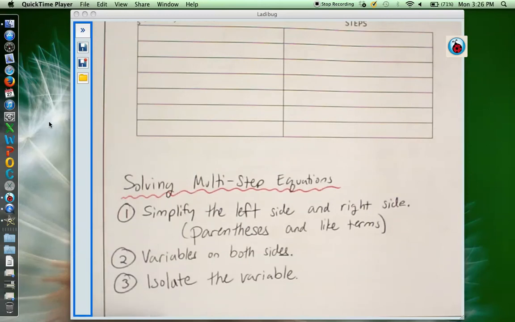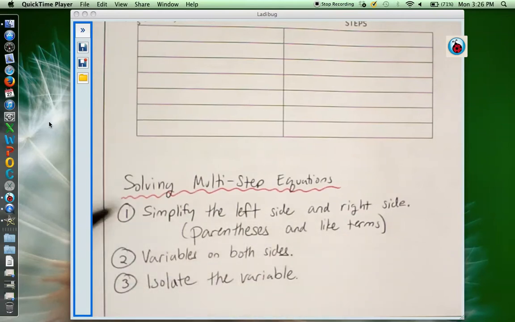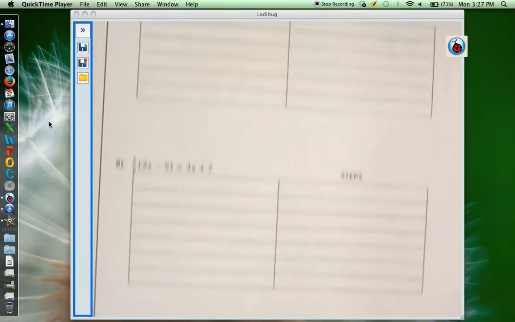Now some of these steps might take multiple steps, like if you have parentheses and like terms, that might take a couple of steps to get this one done. It might take a couple of steps to isolate the variable. But this is kind of the general pattern that you want to follow. All right, let's go back to number 7 and number 8, now that we know that those are the steps we want to follow. Number 7,